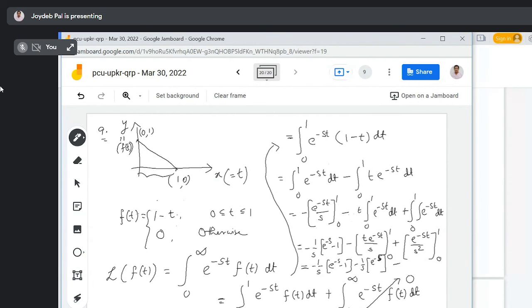And for the last, you write it clearly. Actually I'm writing in a small place, a to the power minus s. No, one term will be there now. This,